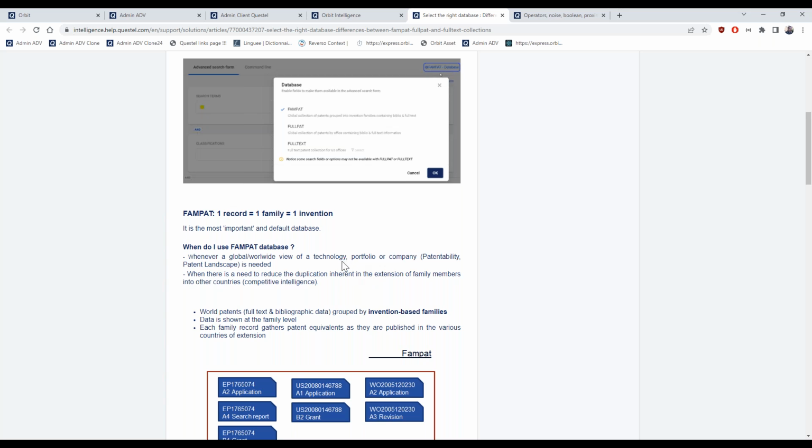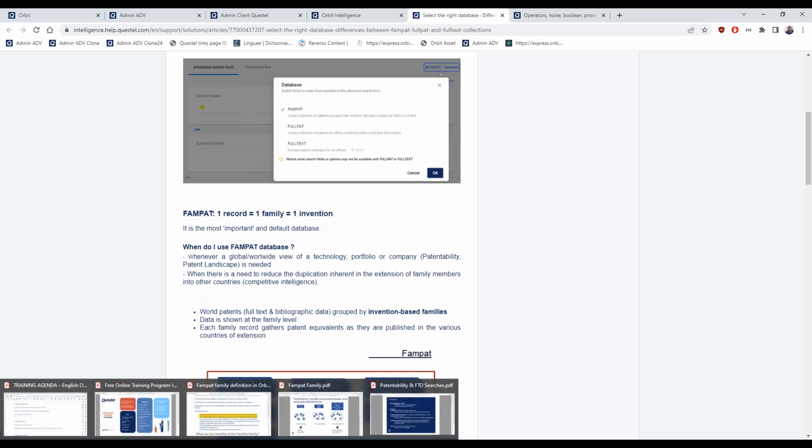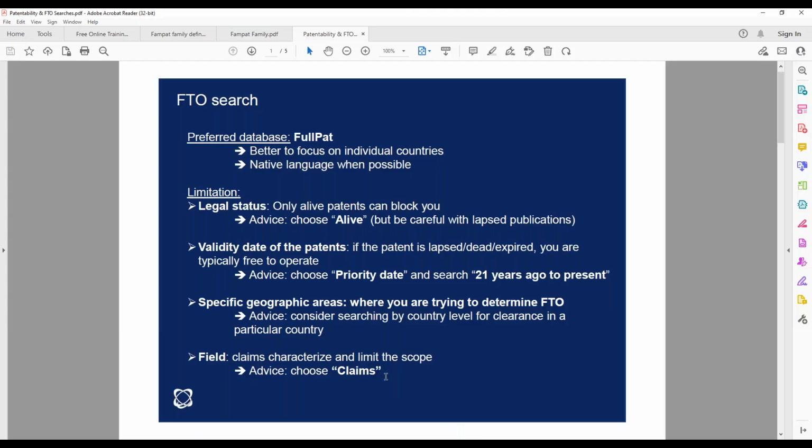A typical search pattern for freedom to operate search would be this one. So the preferred database is the FullPath one, because it's better to focus on individual countries. And maybe you can also search with native language when possible in the keyword section.